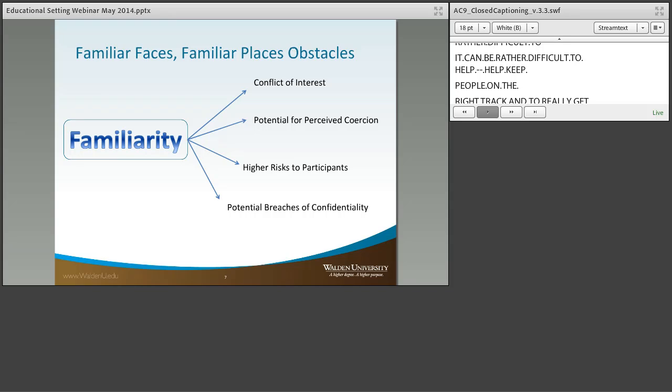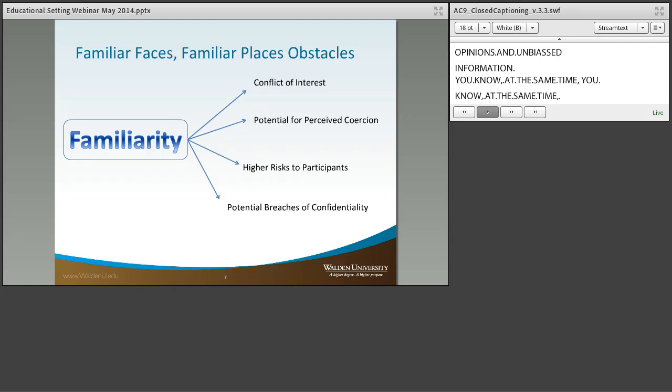At the same time, because of that familiarity and collegial relationship that many of our student researchers have with the potential participants, the risk for a potential breach of confidentiality can also be a bit higher, because in all honesty, it can be very difficult to keep track of what colleagues may have said in various circumstances. This is really very acutely seen where maybe teachers are being asked about their opinions about various school policies or programs that have been implemented.